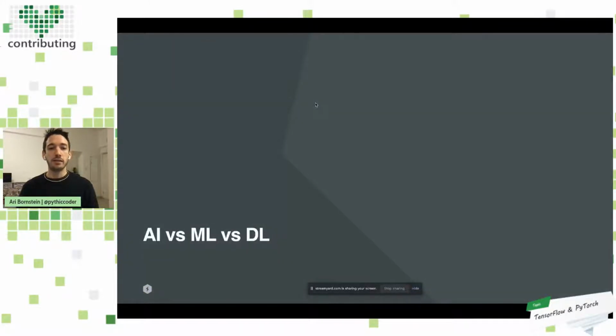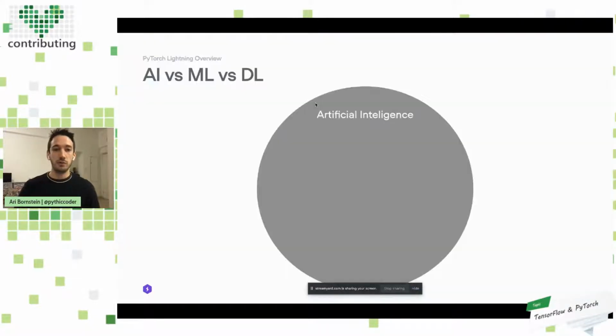So I think Gus gave a really good introduction to ML, but just in case some people are coming in now, I'm going to start high level and just clarify generally the space and cut through some of the buzzwords around what's AI, what's machine learning, and what's deep learning. So to get started, we have the area of artificial intelligence, which is a general space around how do we model intelligent behavior.